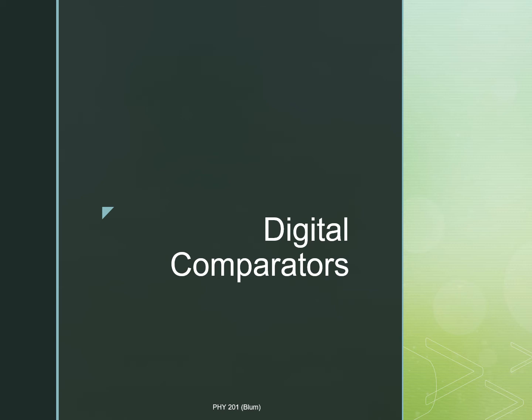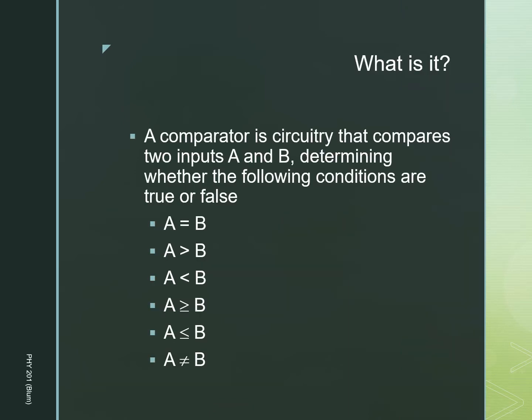In this presentation, we're going to look at digital comparators, circuits into which we will be able to put two binary numbers and ask, are those two binary numbers equal, or is the first binary number greater than the second binary number? So a comparator is going to be some circuitry that is going to perform a comparison. It's going to compare two binary inputs, A and B, and it's going to be able to address the following